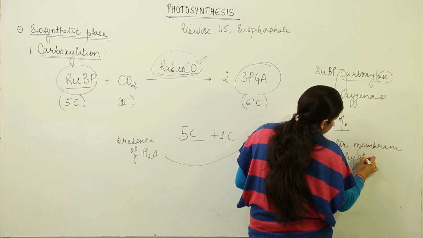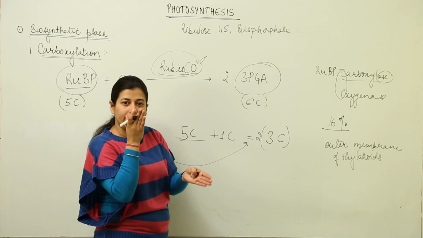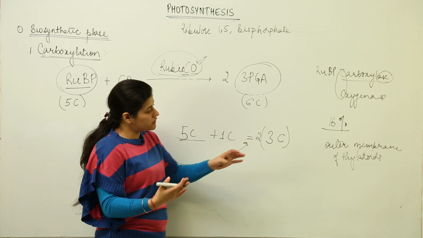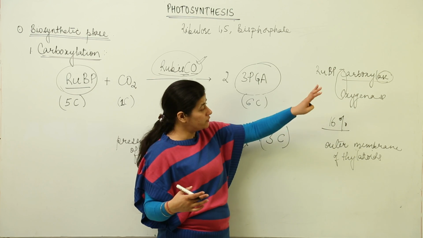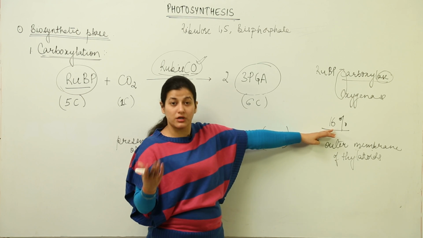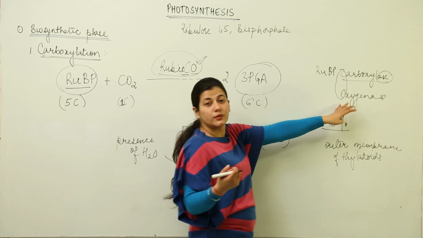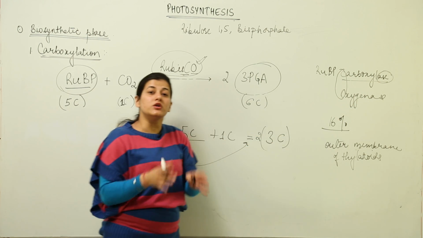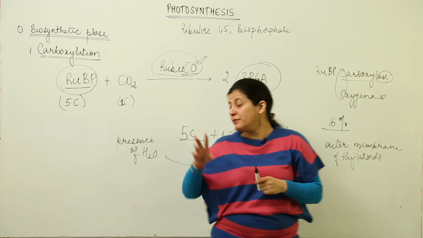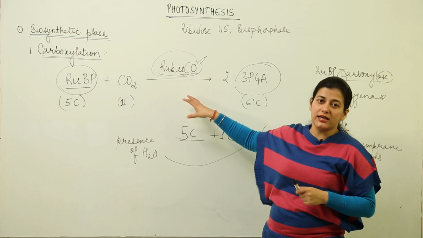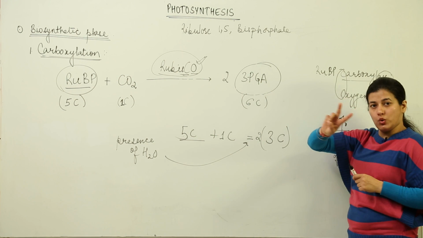You can use the term surface as well, because all the reactions have to take place inside the stroma, not in the thylakoid. So, the outer membrane of thylakoids, the surface of that has abundant Rubisco. As much as 16% of chloroplast enzymes are Rubisco. This Rubisco has the carboxylase activity as well as oxygenase activity. Because we are dealing with the biosynthetic phase, we talk about its carboxylase activity, where it is responsible for fixing carbon dioxide into RuBP, and it leads to formation of 2 compounds of